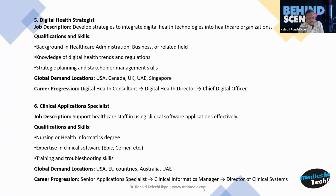specialist. So these ones, they support healthcare staff in using clinical software applications effectively. So again, when we're looking at what I'm doing at the moment, normally if you're deploying a system, they split it into different modules anyway. Theaters, outpatients, inpatients, and all of that. So there's usually a clinical application specialist who leads that work stream. So it's your job to make sure the application is working the way it should work according to their processes and support the users effectively on how best to use the solution and make the best out of